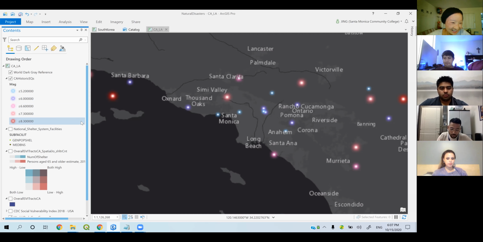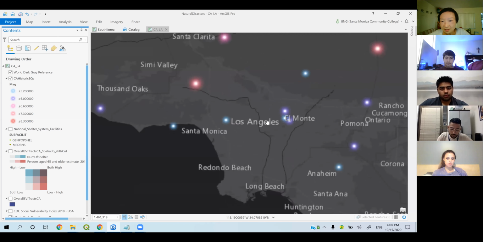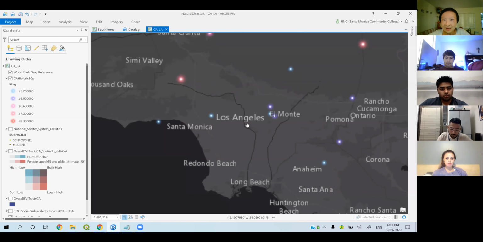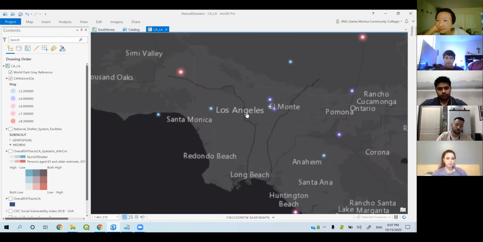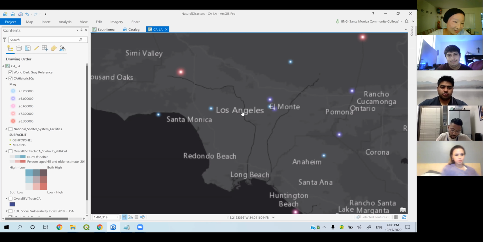Okay. And another thing is, well, I mapped out the earthquake. And I'm thinking, okay, the next one, the next big one, right? If that happens, where are the shelters? Where are the shelters I can go to if this disaster happens? Okay. So I found the data